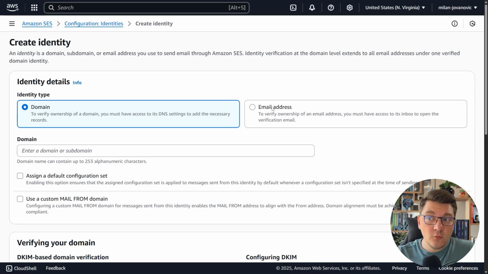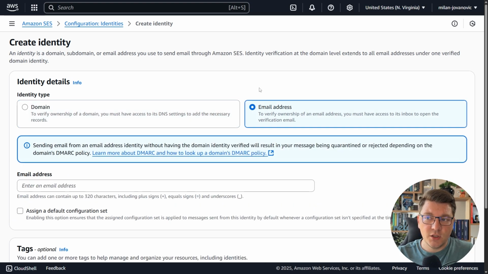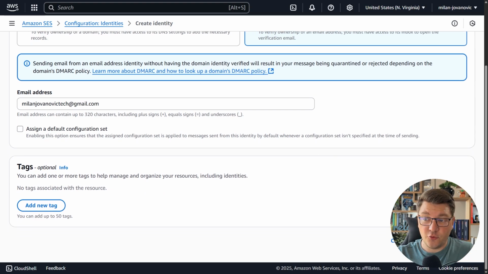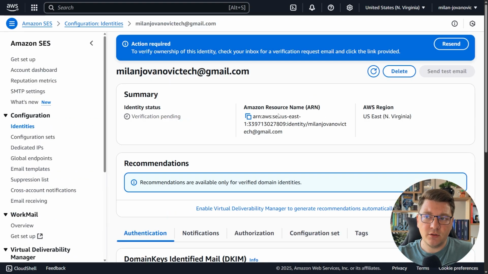Now, if you just want to build a proof of concept, you can use an email address to verify ownership of the said address, and this is the example I'm going to demonstrate in this video. So all we have to do is enter an email address. I'm going to use a throwaway email address that I own for this example, and really that's all there is to it. So now I have to click create identity, and this is going to send a verification email to